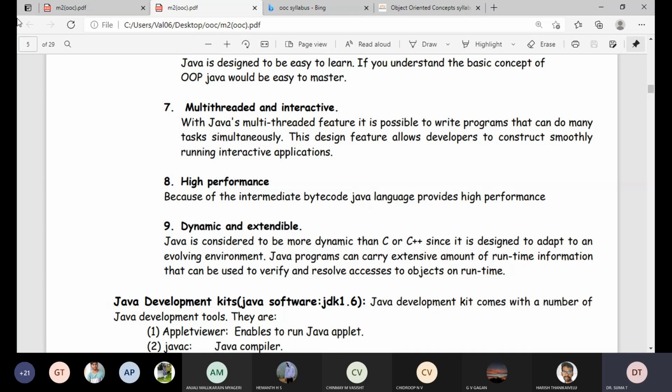Dynamic means that many problems which come up during the execution of programs are solved using Java's extensive features, right? So that is why it is more